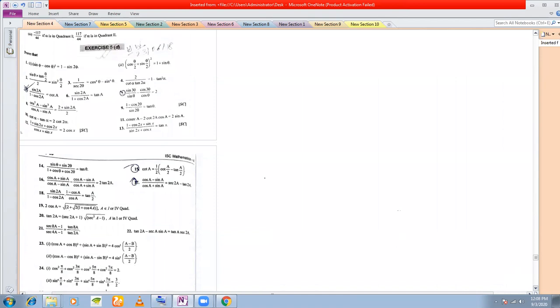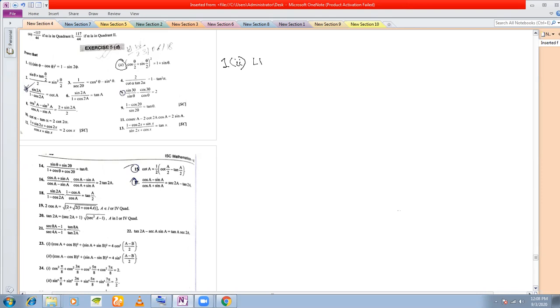Now I'll first do number 2. It's a very important problem, and the lesson that you get from this problem you will have to remember for a lifetime. Because you'll be applying it in calculus also when I start later on in class 12. All these problems you are going to apply. So trigonometry is not the end here.